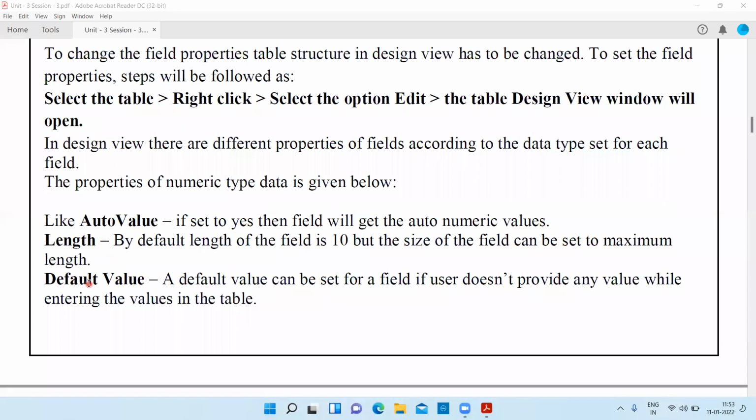Supposing you are creating a column which you mention as age and its data type is number. If some user does not fill in that age, it will automatically be set as 18. अगर कोई उस एज कॉलम को ब्लैंक छोड़ देता है, नल छोड़ देता है, तो भी उसमें 18 बाय डिफॉल्ट लिखा हुआ आ जाए, तो उसके लिए अपने को क्या करना पड़ेगा? डिफॉल्ट वैल्यू। इसका भी मैं प्रैक्टिकल करके आपको दिखाऊंगा, बट इसका कॉन्सेप्ट आपको समझ में आ गया। कई बार अपने देखते हैं फॉर्म्स वगैरह में, कॉलम्स वगैरह में कि पहले से ही उसमें कुछ ना कुछ भरा हुआ होता है।